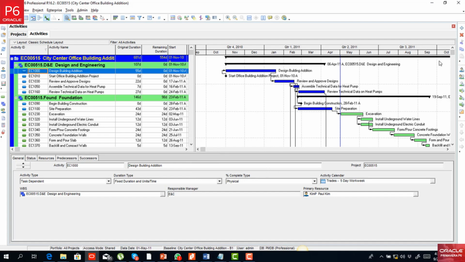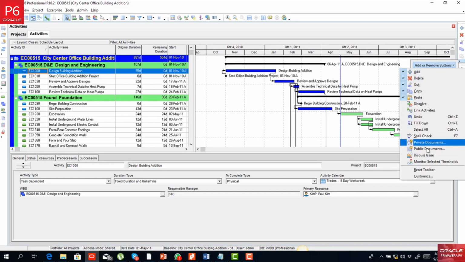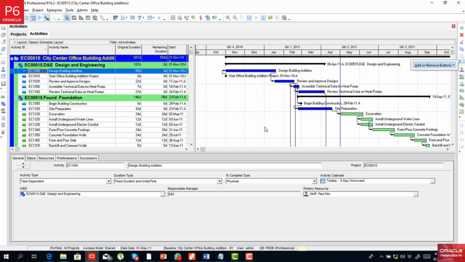For example, add, delete, copy, cut, then assign roles, assign resources, assign predecessors, assign successors. So that's why it's called a command bar, because that's where we send instructions from to elements that you have in your P6. Don't forget, you can also add or remove buttons. That's what this add buttons portion shows us, depending on which other button you may want to add in your